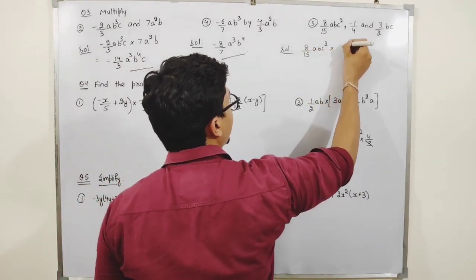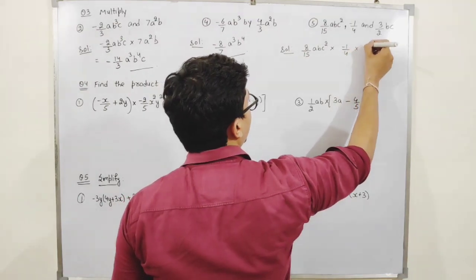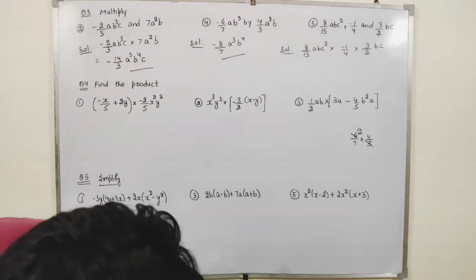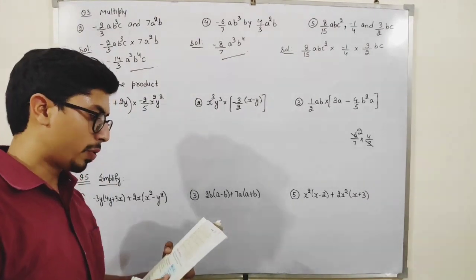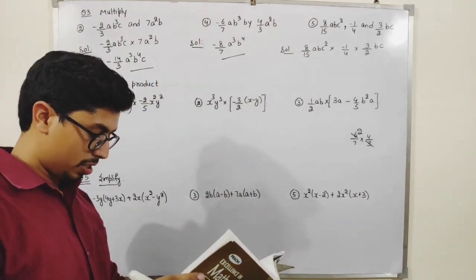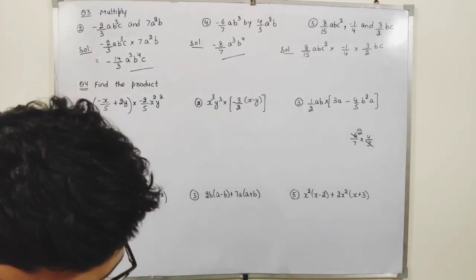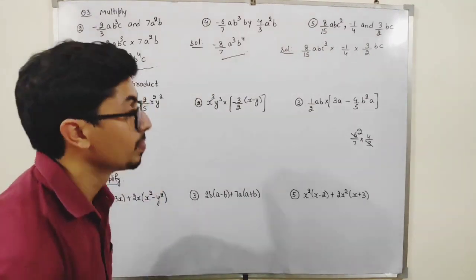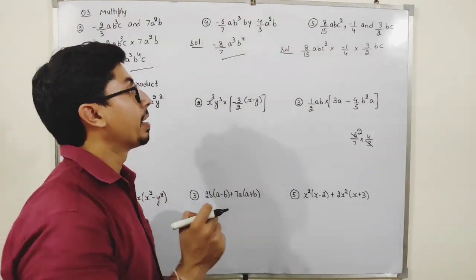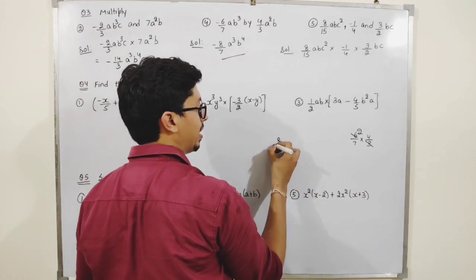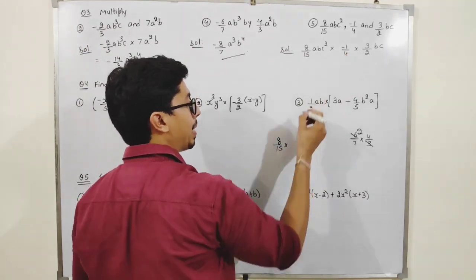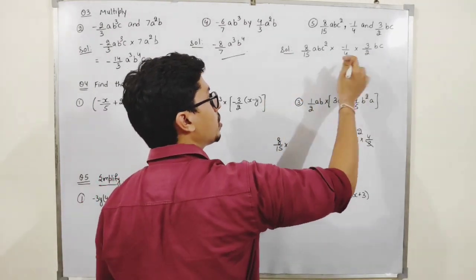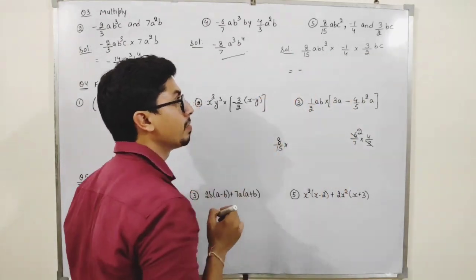This multiplied by this and multiplied by this. Okay, this is our required question number 3. Yes. So I have to multiply these 3 numbers. So students, what I will do, see, multiply the number by number. See, 8 by 15 multiplied by, see, positive negative will be negative and negative into positive will be negative. So the answer will be negative.